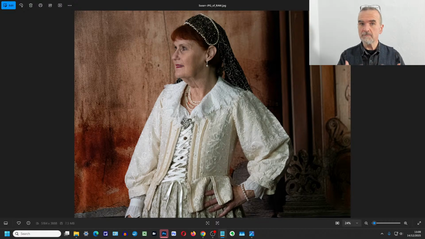Part of what I love about portraiture and doing this kind of photography, if I had this woman in her outfit in front of me with lights and all the rest of it, I would want to take control of the situation. I would ask her to move this way and that. I would be engaging with her. I would be trying to find out how she understood her character, how she would like to project her character, what she would like caught in the photo. And it's that kind of interaction so that we become collaborators in the photo, which is part of what I love about portrait photography.